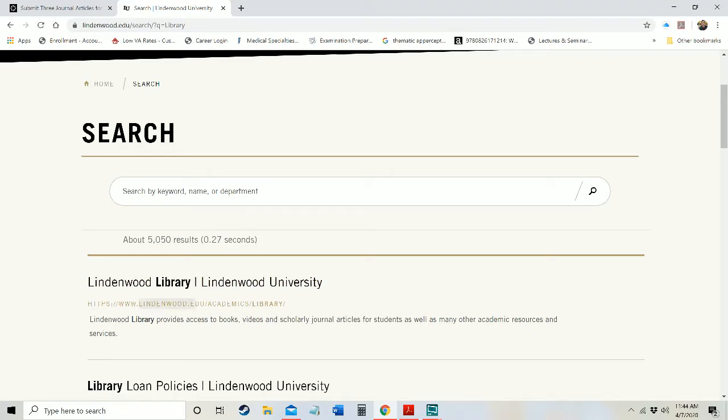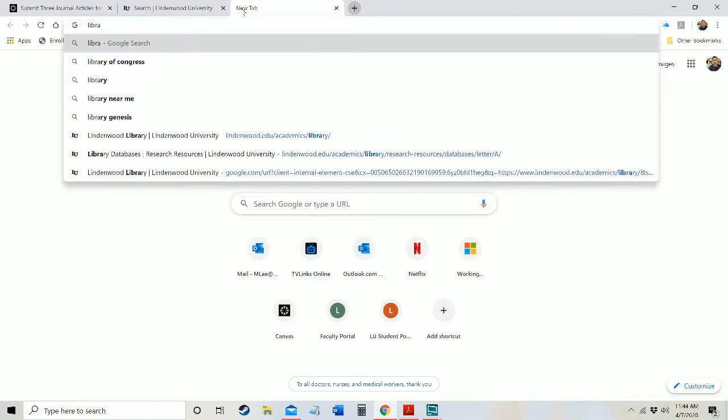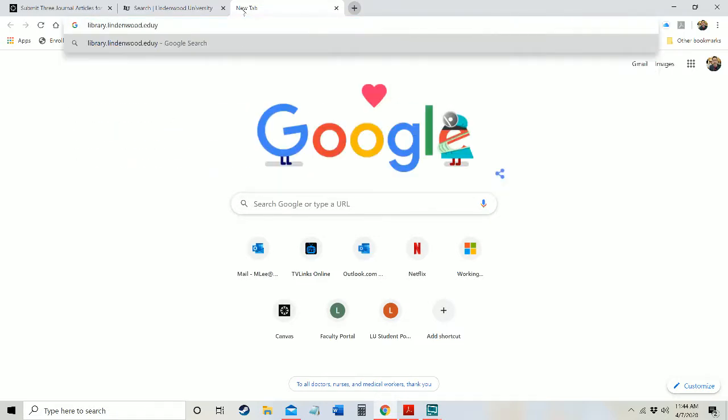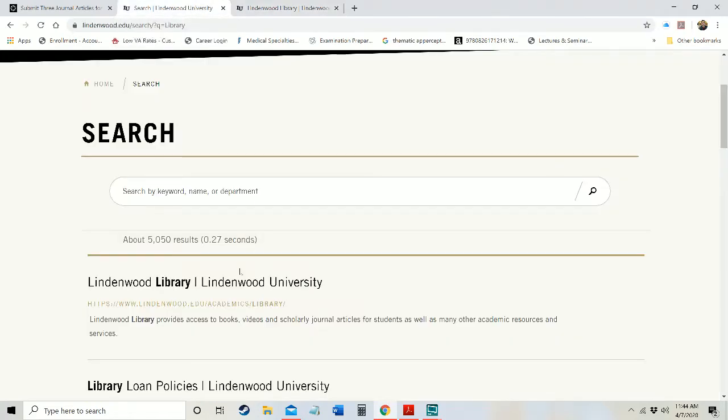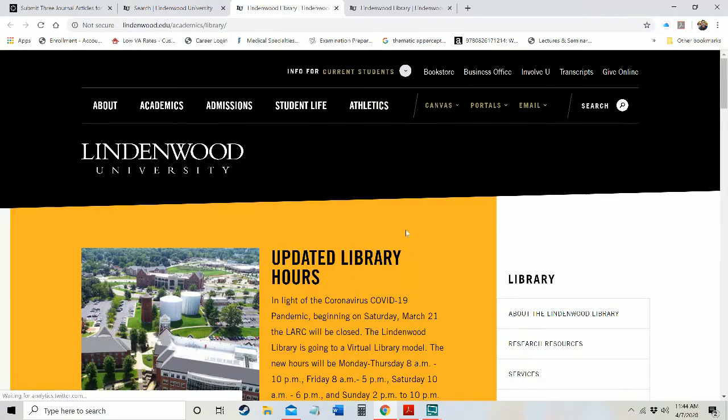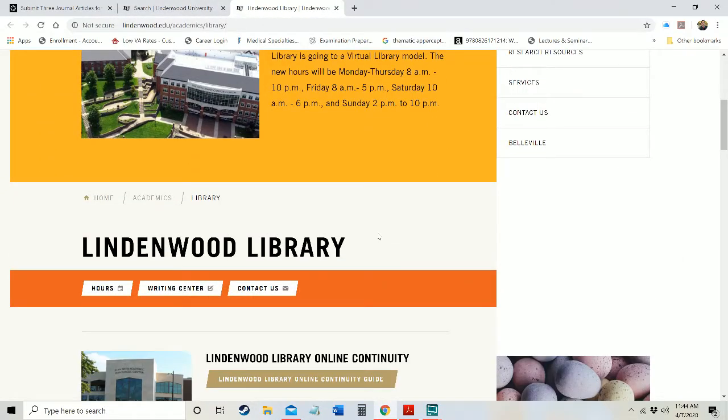If you want to just type in the link too, I think it's library.lindenwood.edu. If I remember correctly, yeah. If you just type in library.lindenwood.edu, it'll take you there as well. Anyways, click on this link, take you to the library. I'm going to close this one because it's the exact same link. And it looks like I got it twice, but anyways,